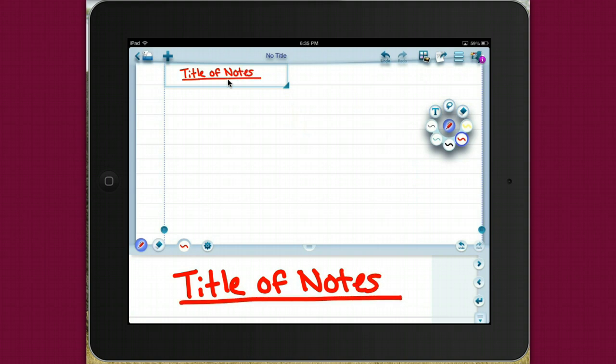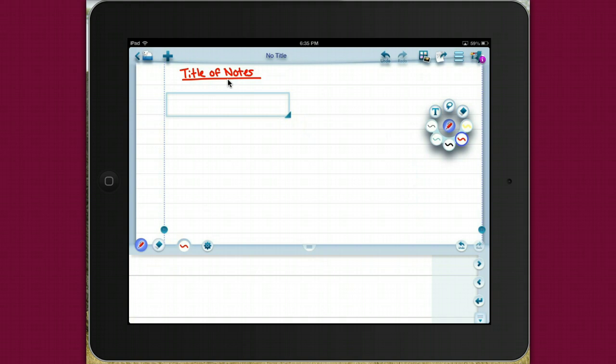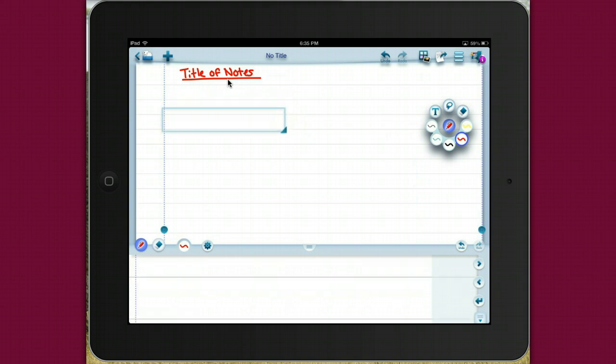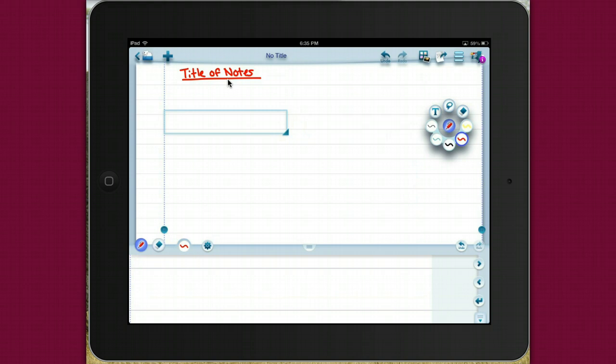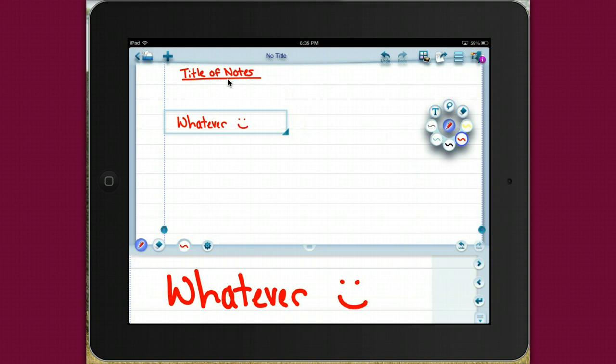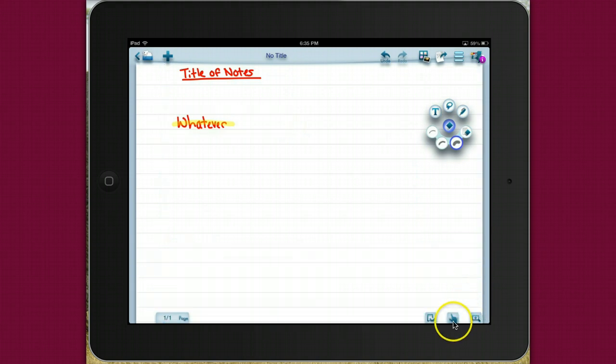And then you could go ahead and you just move the box down by dragging the box, and then you could take notes on whatever. And you can go ahead and you can highlight over those notes, or if you wanted to, you could erase those notes, and that's pretty simple. So you can close that section by just clicking on the down arrow right there, and then this tool right here is